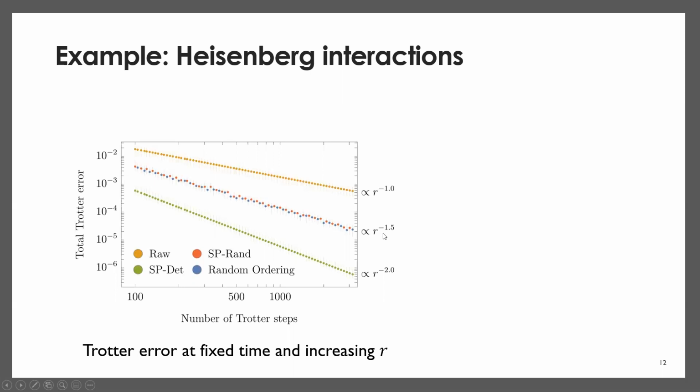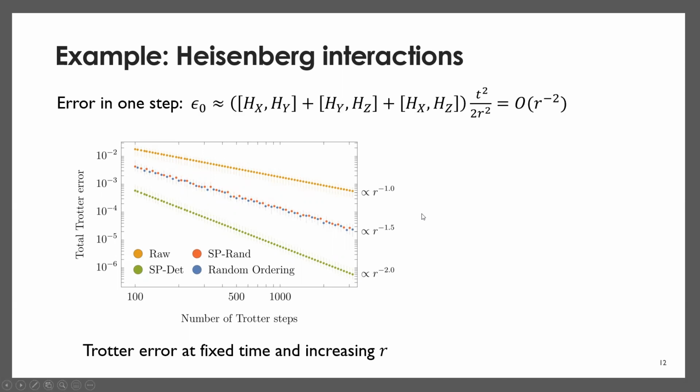We're gonna look at the total error of this simulation as we increase the number of Trotter steps. Remember that when we increase the number of Trotter steps, delta T also decreases, and we expect a smaller and smaller error. We can also get the error in one Trotter step. To the lowest order, this error will be proportional to the commutator between the terms of the Hamiltonian. In a raw simulation, the error in one Trotter step decreases as 1 over r squared. And because there are roughly r steps of the simulation, the total error will be 1 over r,